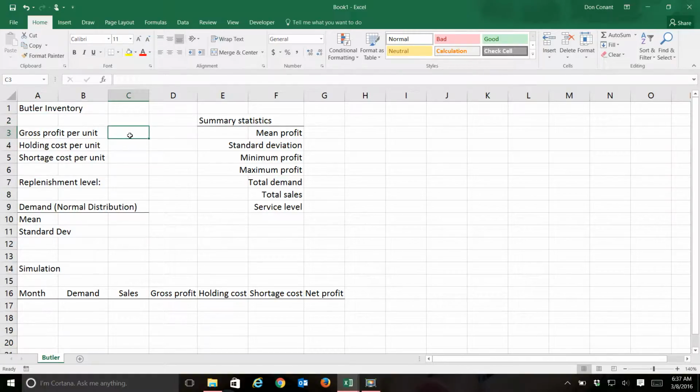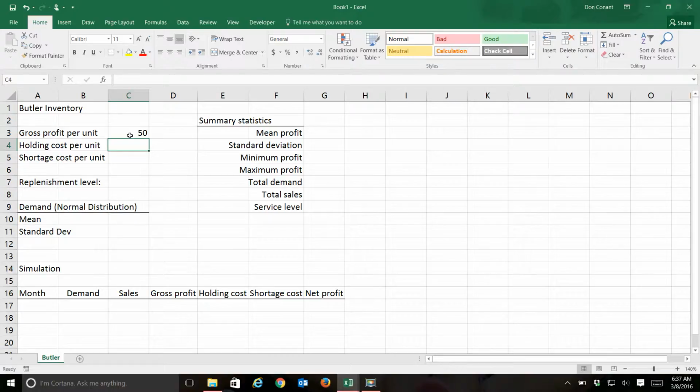We're provided with some information in the text. They do a gross profit calculation based on the selling price and the cost, and they come up with a gross profit of $50 per router. So I'll put that here. Then we have